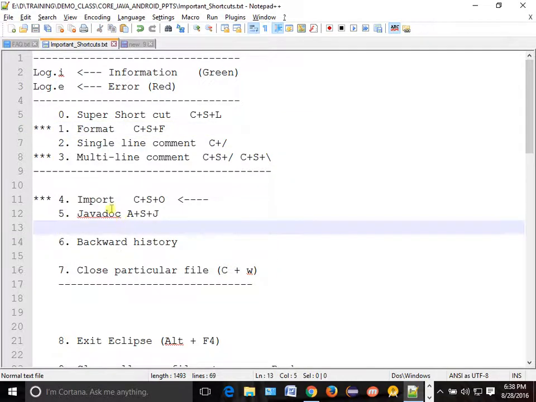Okay. Now let's go to the 5th one, Javadoc. What is Javadoc? Javadoc is similar to a comment only. By this, what will happen: if new people are there, and you are using some class called Cat, why you have used the Cat class we don't know. You will be knowing because you are writing the code, but the person who is looking into your code may or may not know. So it is best practice, whenever you are writing the code, you should put Javadoc comments also. Then new people will find it easier to understand.